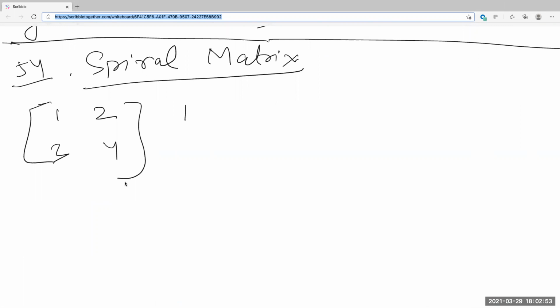No. 1 and 2 forms the first row. So your iteration order will be first row, 1, 2. And since you've already counted 2 as part of the first row, you can't obviously recount it. So your column processing will start only from index 1. That means you're processing only 4 from the last column into your output list, because you can't recount 2, even though it's part of the last column. So basically what I'm trying to say is the first row, last column, last row, first column, we print it as is, because that's the first order that follows.